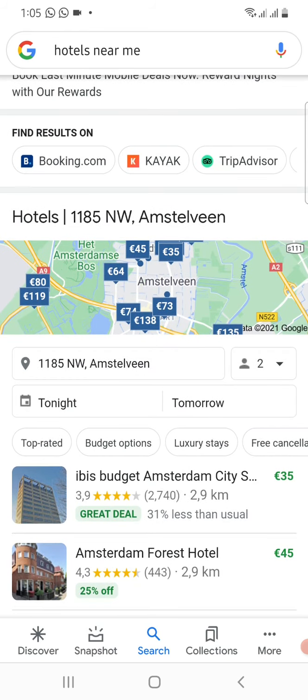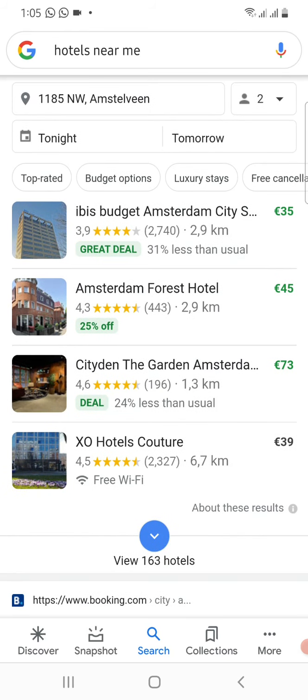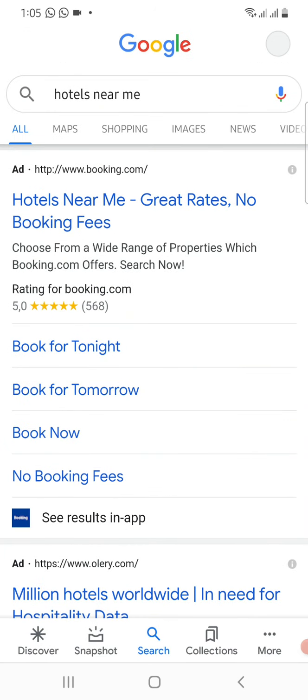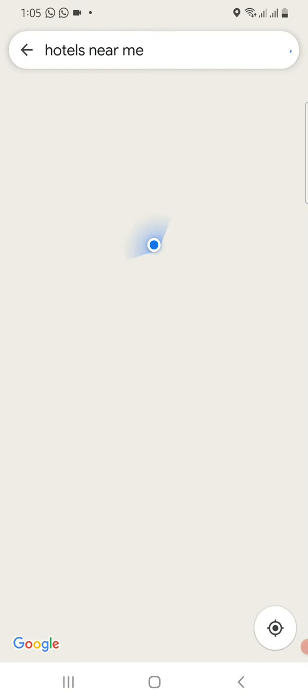When I scroll down, I can see all the hotels which are near me, and this will be easy for me to understand which hotels are at what distance within my area. So you can explore further. You can click on Maps and see exactly which hotels are there and what distance they are from my house. This is how you explore on Google search.